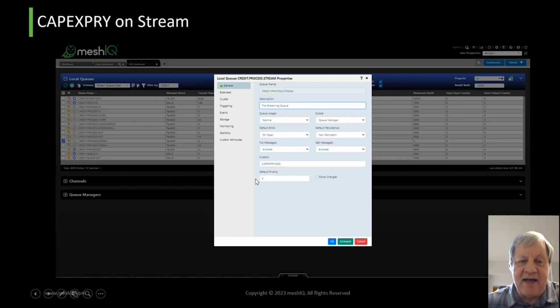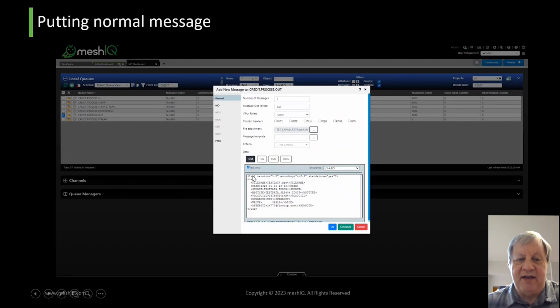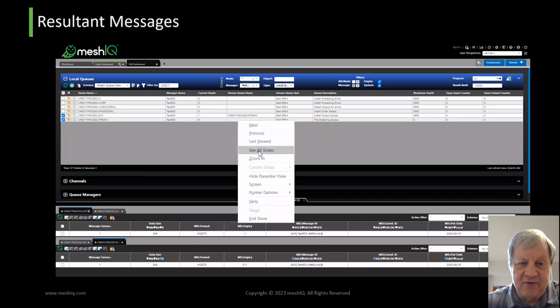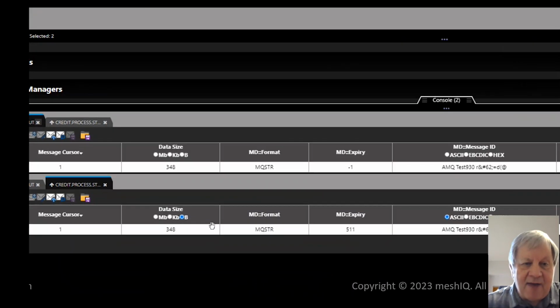Now if I do the same scenario, I put our test message, and look at the results of those test messages, you'll see it's the opposite way. It does actually expire in 60 seconds, just like the original, because both of them now have an expiry. Why would you want to do that?